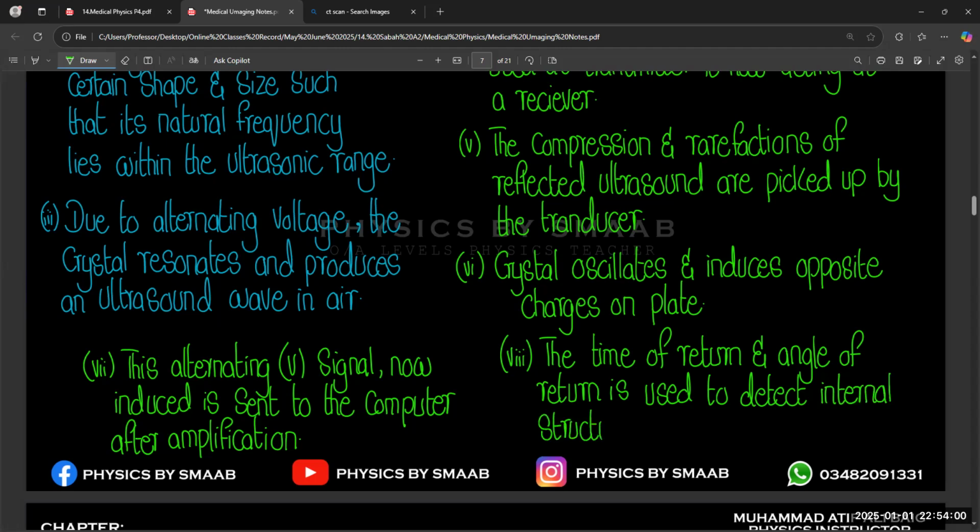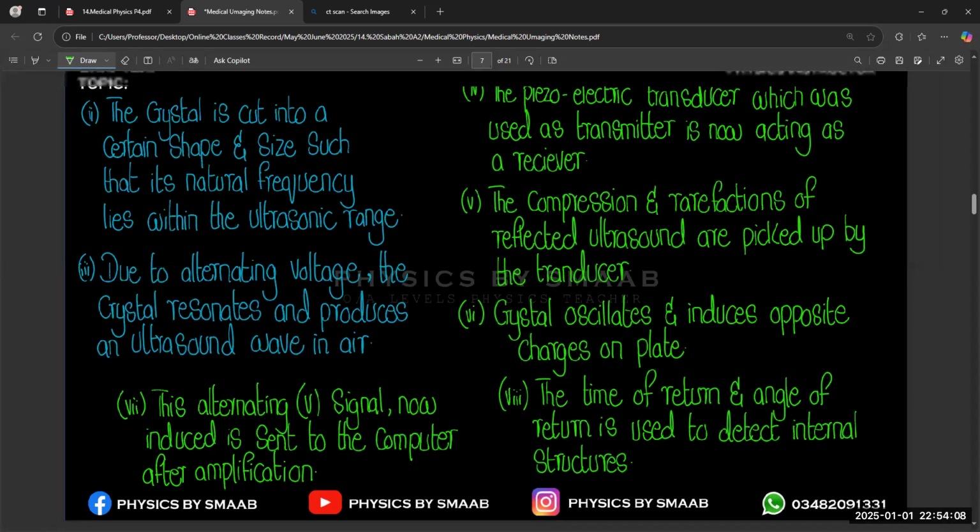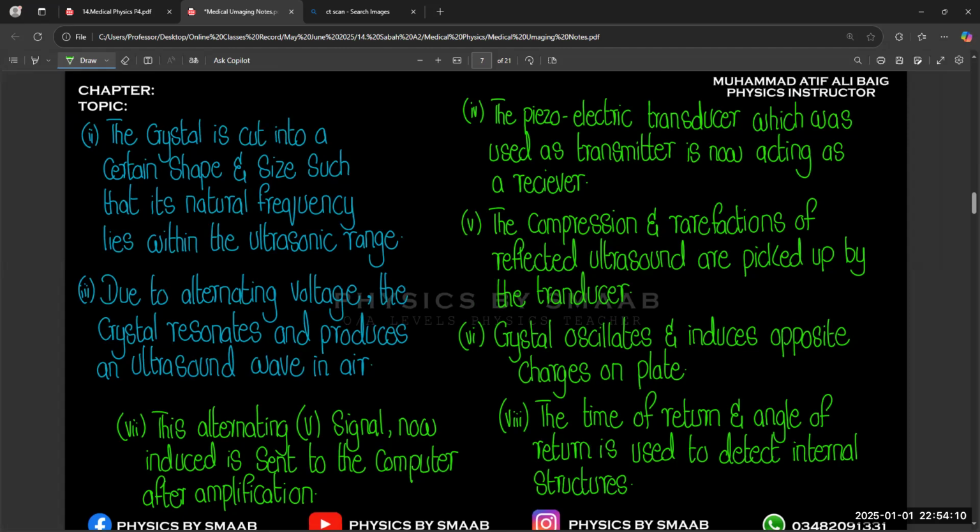I don't know where I read this, but there used to be boats used in war, and I think they used sound effects to locate where other ships or objects would be. Yes, so radar and sonar systems also work on the same principle, with the help of reflection of sound waves, right? So this is